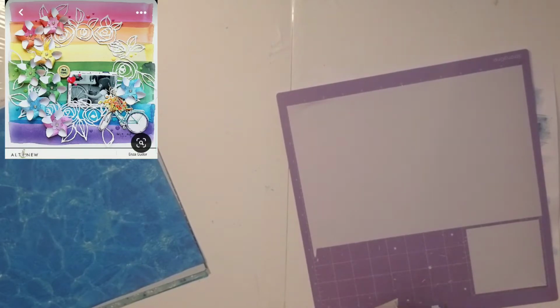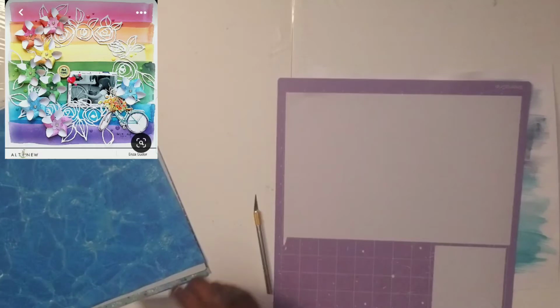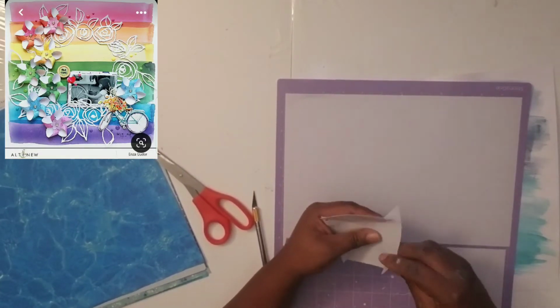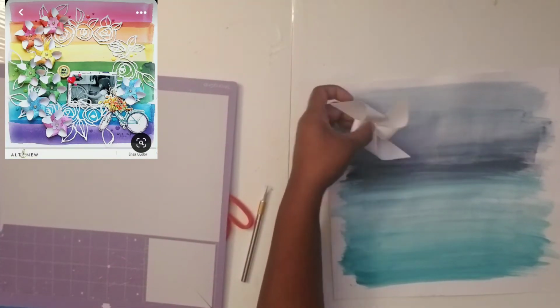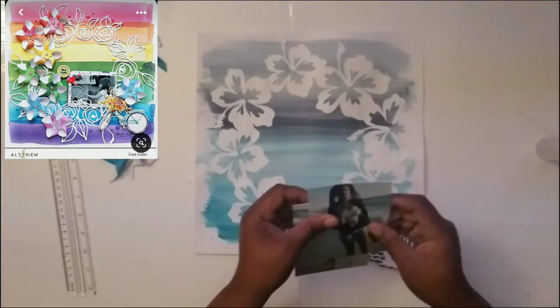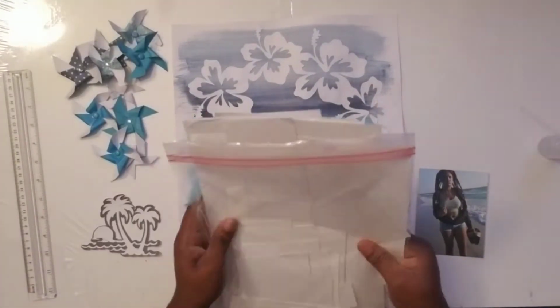This first color, you can't really see the color, but it's a very, very light blue. I cut the pinwheels out in various sizes, ranging from about 2 inches all the way down to maybe about an inch. I'm just doing the shape, and I realize that that's a little big, so the majority of my pinwheels will be a little bit smaller. Okay, so I went ahead and created that, and you can see those pinwheels at the top left hand